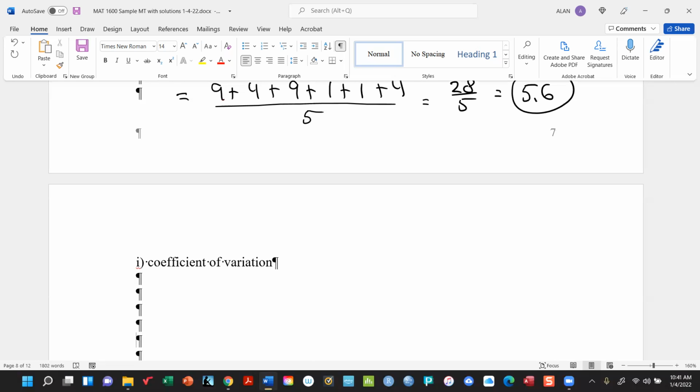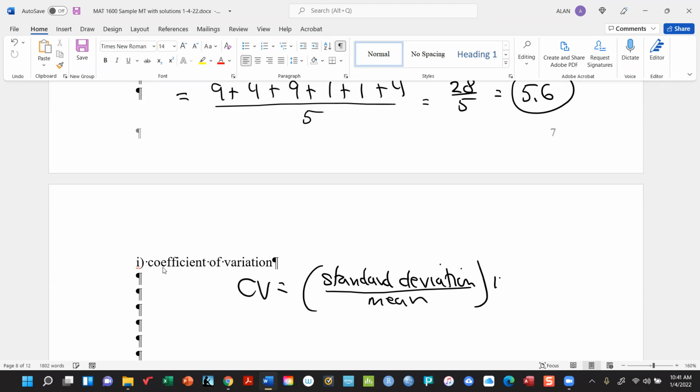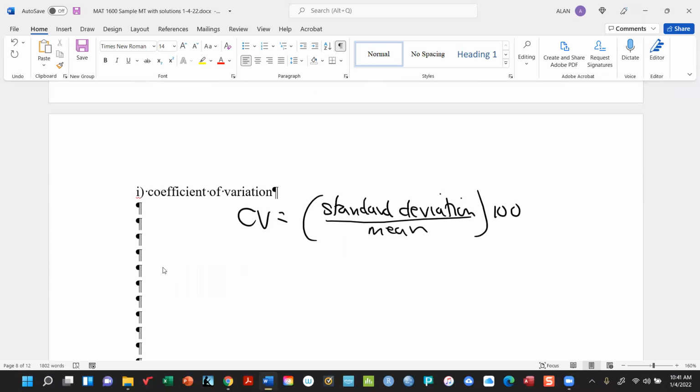The coefficient of variation is nothing but the standard deviation over the mean. Whether it is a population or a sample, it's still the same logic. So here what we'll do is we'll put in here S over X bar,